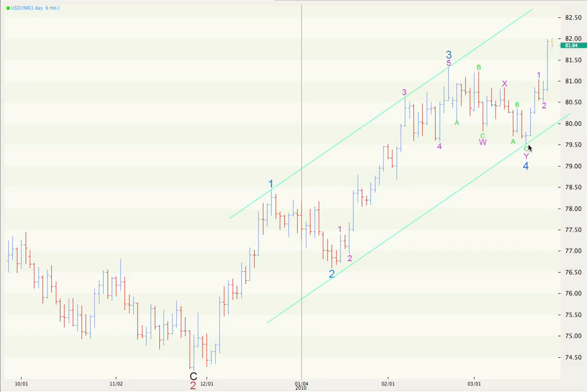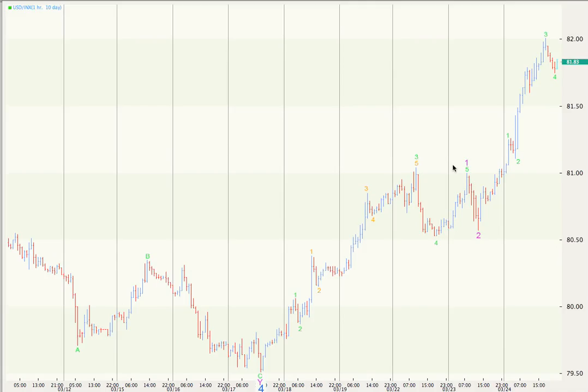I have a target on the upside at the daily level of 84.22 for wave 5 blue. That's where it will have the same length and be equal in length with wave 1 blue. And when wave 3 is longest, that's a very common relationship between waves 1 and 5 in your basic Elliott wave structure. So taking you now to an hourly chart where this pink 1 and 2 is this pink 1